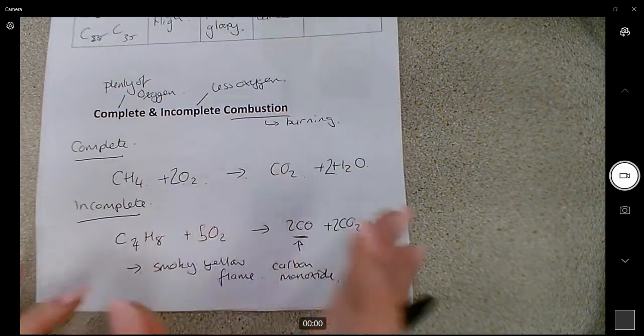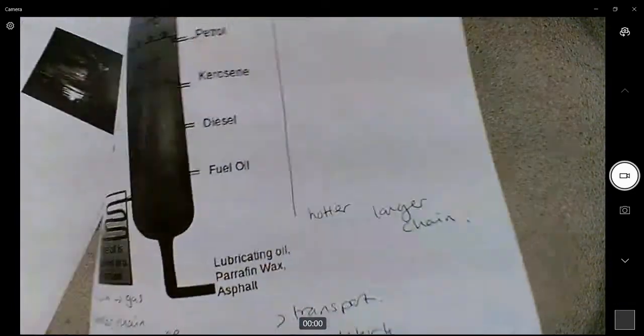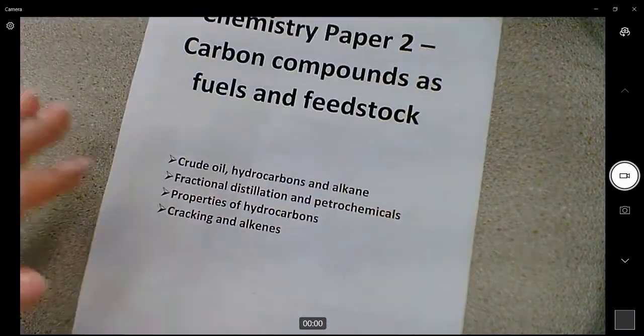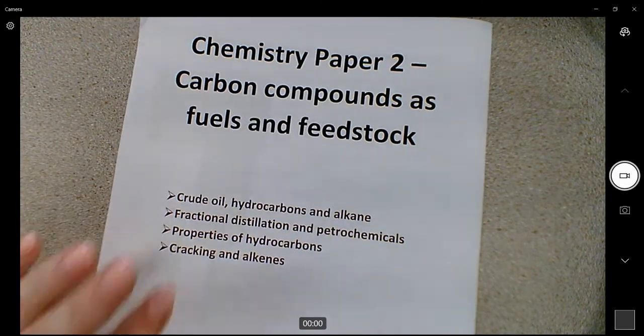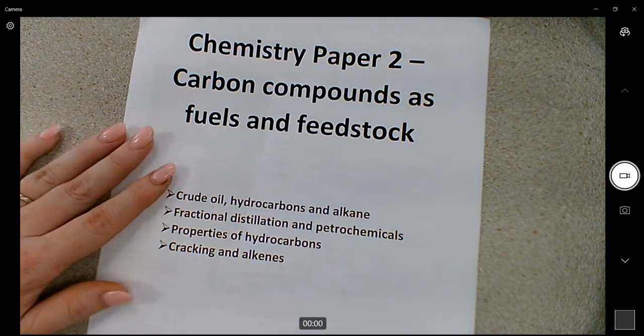So just wanted to obviously give you an idea of some of the reactions of an alkane or alkene, but hopefully that's given you an insight into, or a recap over, should I say, of what you have covered in lesson. And again, like I said at the start, if there's any questions or you're not sure on something, please don't hesitate to give me an